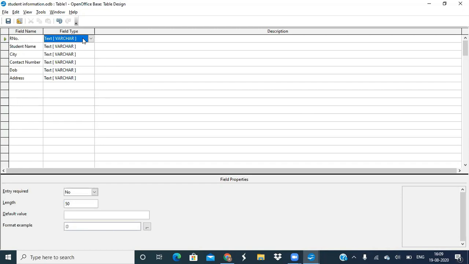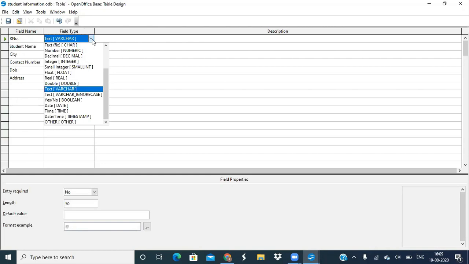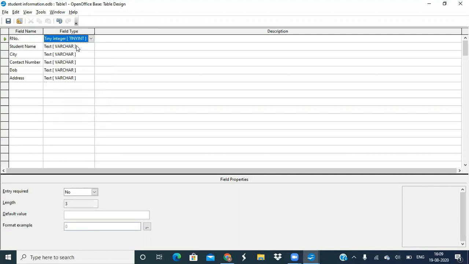You know about the different type of data we can assign in the database. First, in the roll number, we can assign the integer type of data, which can be tiny integer, small integer, integer, or the big integer. When you take the data type as a tiny integer, it will only take the 3-digit values.